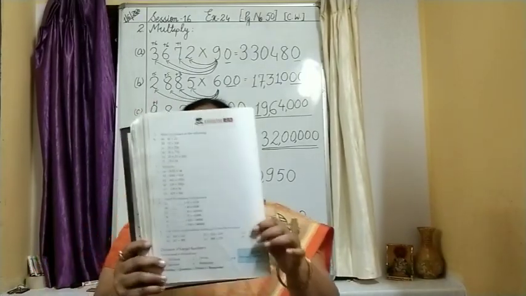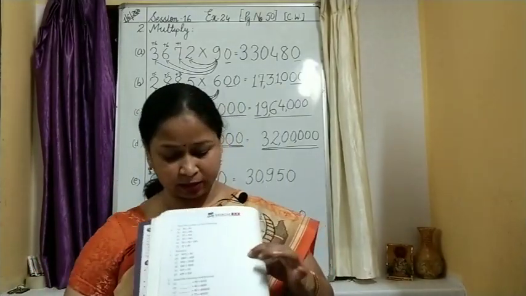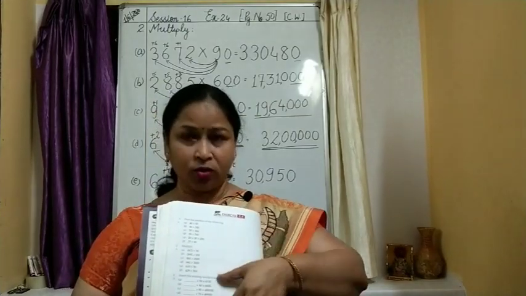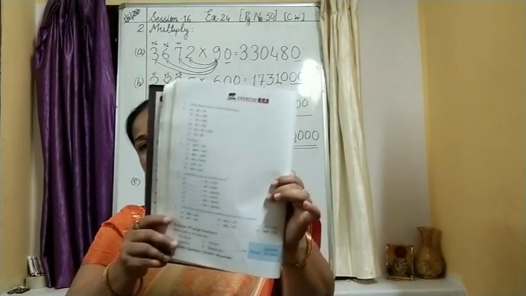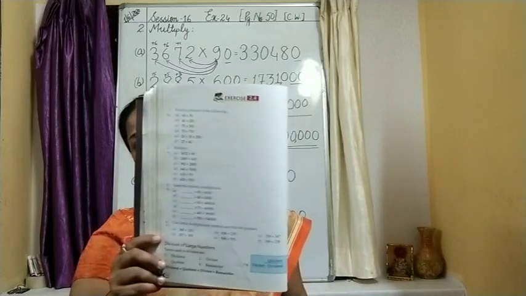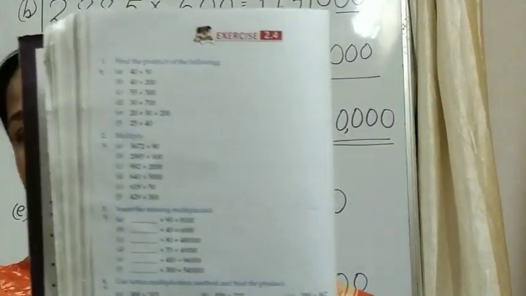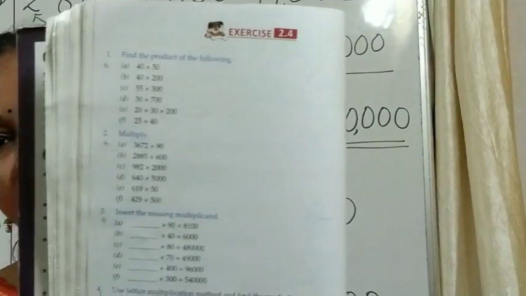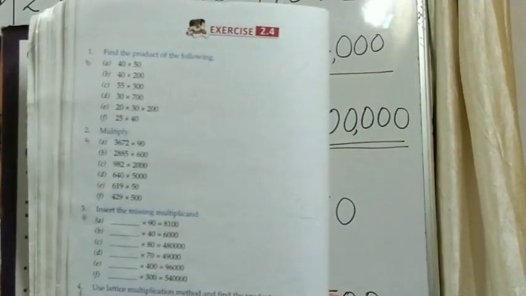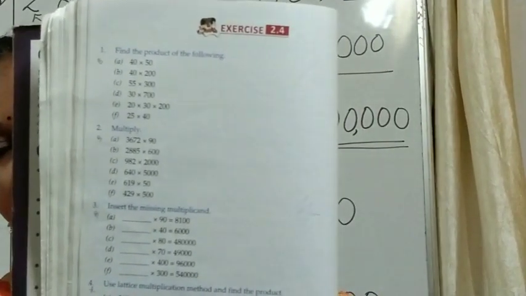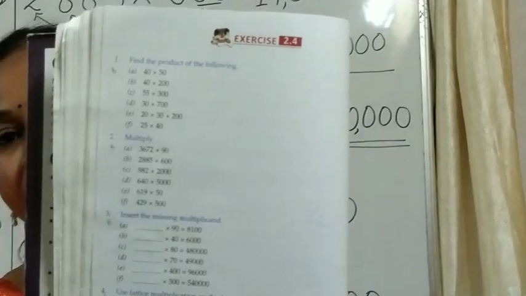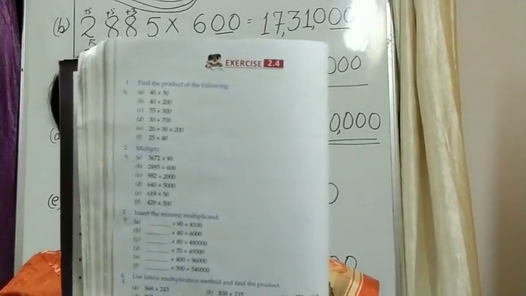Okay, so you can see the spaces here. So there is much space given in the book itself. You can complete this work in the book. And the third question, of course, is fill in the blanks, which you have to do in the book itself. And for your rough work, you will utilize the space beside it. Okay, I will show you how to do the third question.